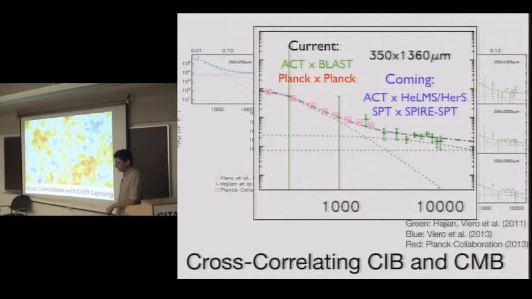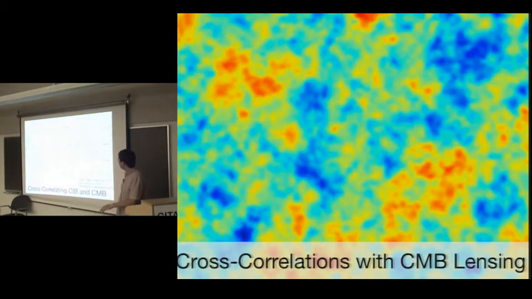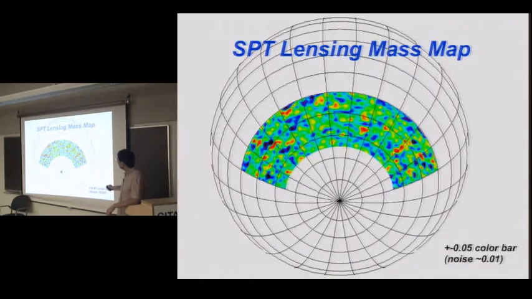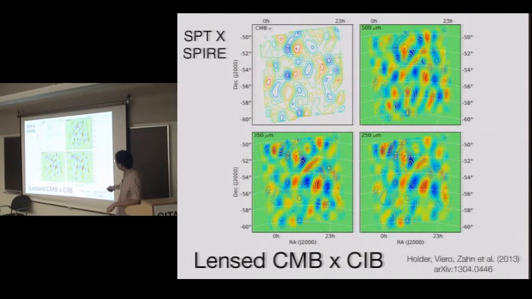Okay, other things that are cool that you can do, and I'm really going to skip, but the CMB is lensed, right? And the CMB is lensed by dark matter. Dark matter, remember, that's what hosts the CIB. So if you do a cross-frequency spectrum between the CMB lensing and the CIB, which is this 253, 15, 500 microns, and you filter it appropriately so that you're looking at the same angular scales, this is that lensing map, and then these contours are pasted onto the CIB map. And you can see by eye that there's a correlation.